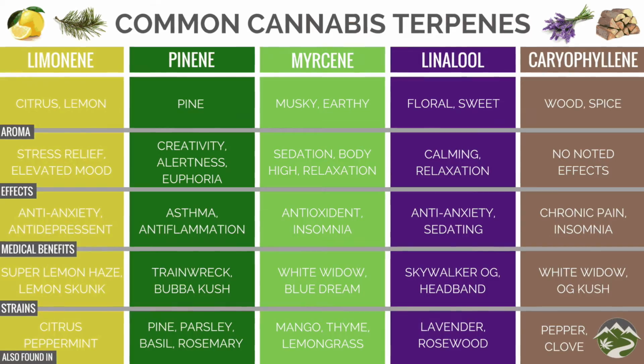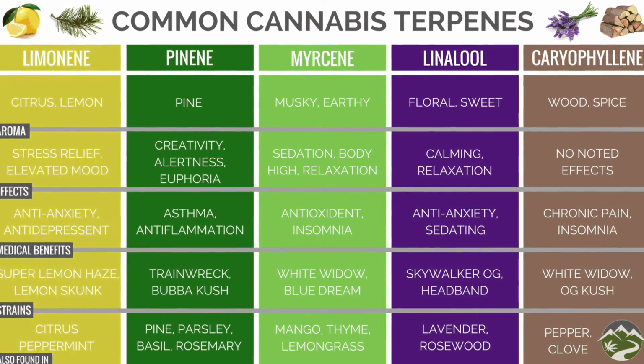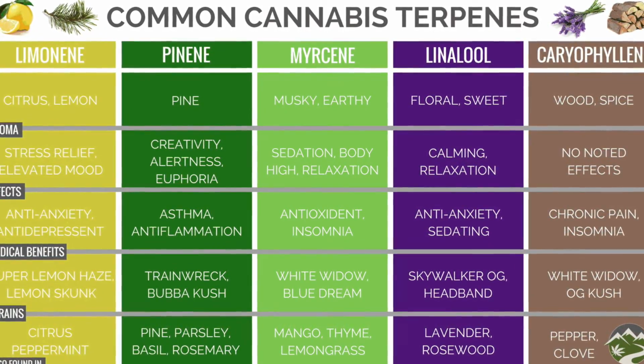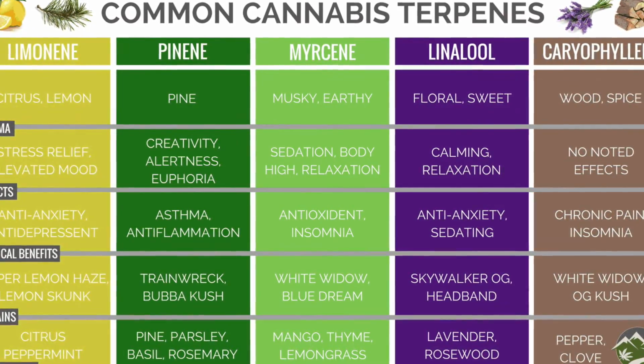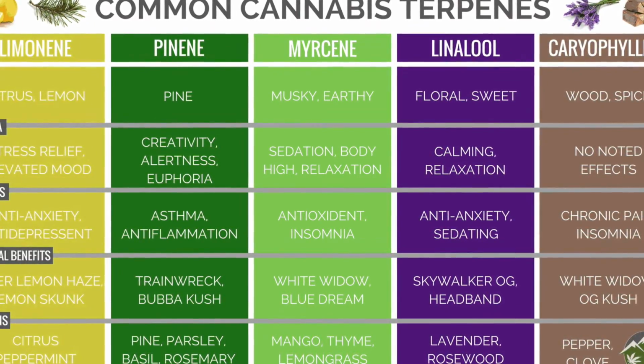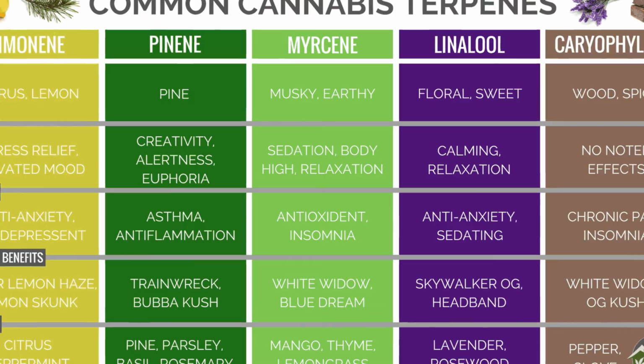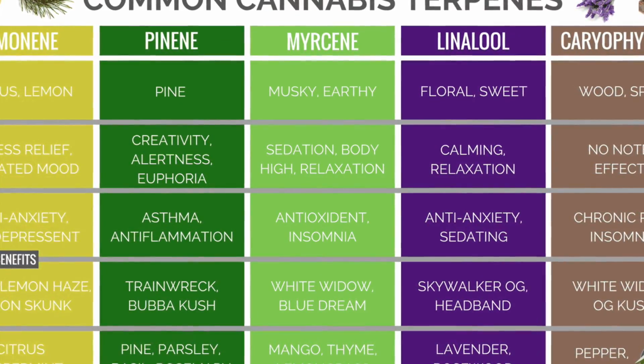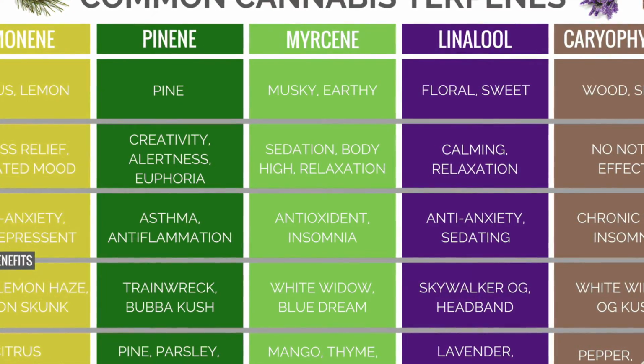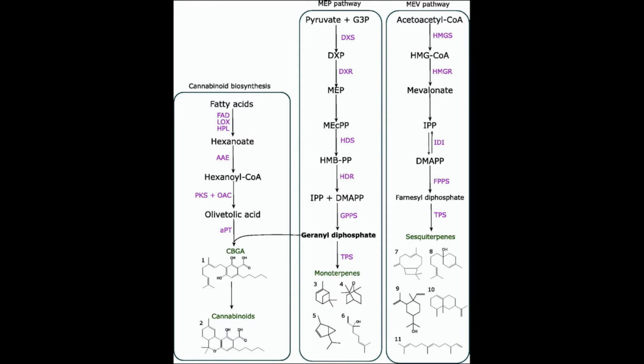Monoterpenes, which are the end product of the MEP pathway, and sesquiterpenes, which are the end product of the MEV pathway, are essential for plant function because they provide the flavor and scent of the plant, which can attract pollinators or repel predators. So to bring it full circle, geranyl diphosphate is an intermediate from the MEP pathway, which is